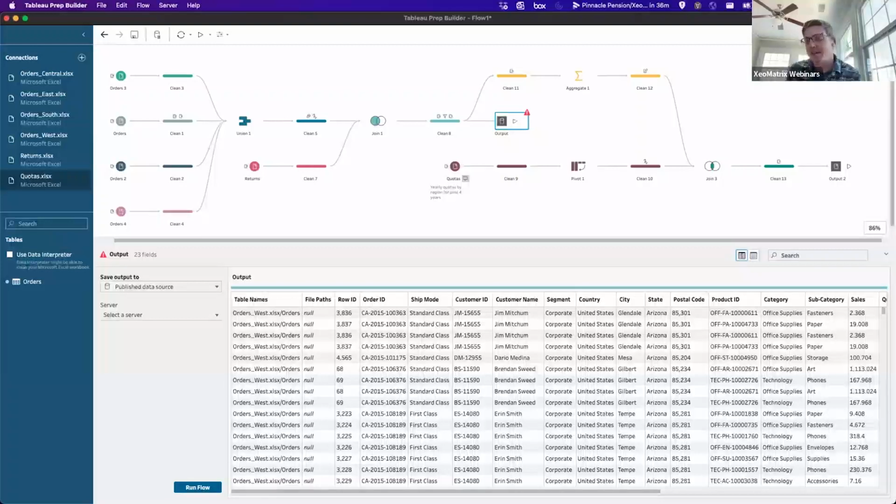On the other hand, data management ships with the Prep Conductor, so scheduling the flows. It ships with the data catalog, so you can get a more searchable catalog of your data assets internally, whether it's on cloud or server. And then it also ships with something called virtual connection. So if you ever wanted to set up data policies where people have access to specific tables in your database, and you just want to have more governance over what people can access at the database level, that's another feature that it comes with.